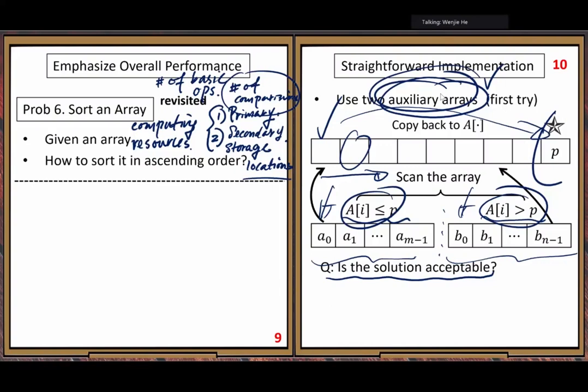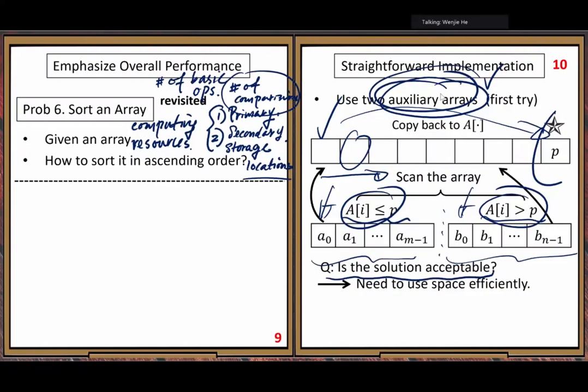Here, this place, we work on the secondary resource reduction. Remove these two auxiliary arrays. We want to separate our data into two subarrays with the two desired inequalities without using that much storage space.